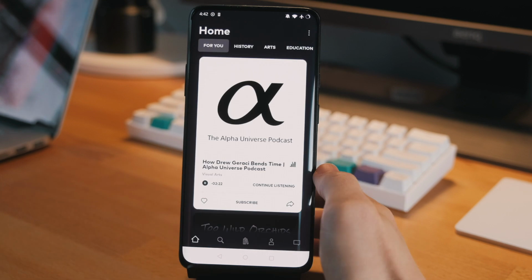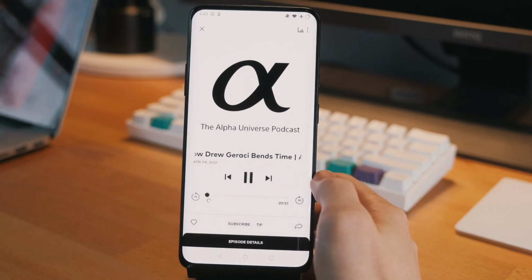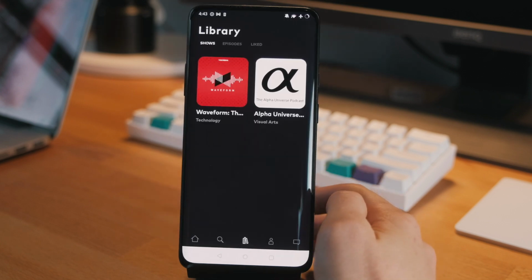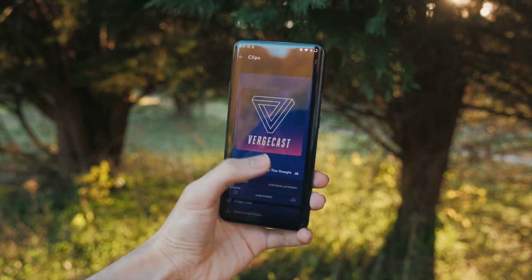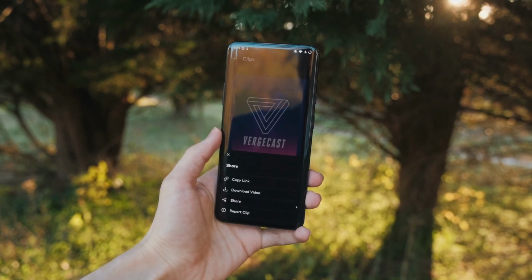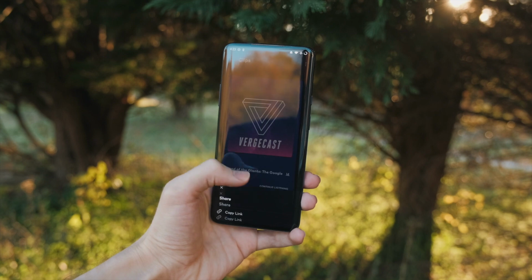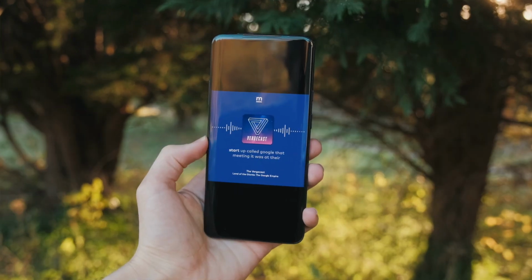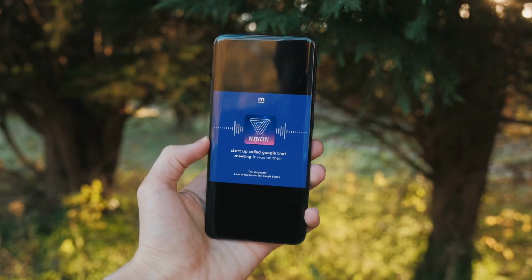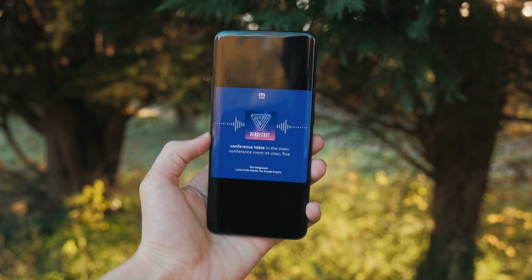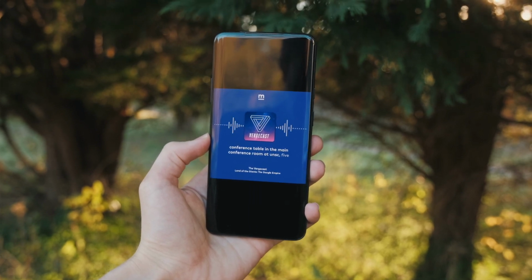If you find a podcast you're interested in, you can tap continue listening to listen to the entire episode. From there, you can also subscribe to the podcast, which you'll then find saved in your library. The app also encourages sharing clips, and one really cool feature for that I've personally found interesting is the option to download clips in the form of a video, which actually includes audio transcription in the video. So there's a lot of really cool things to discover with this app.